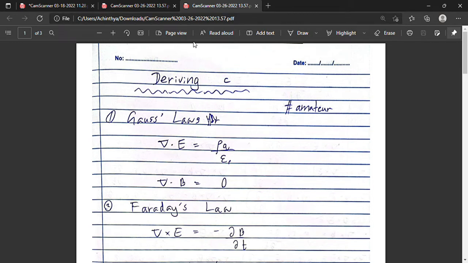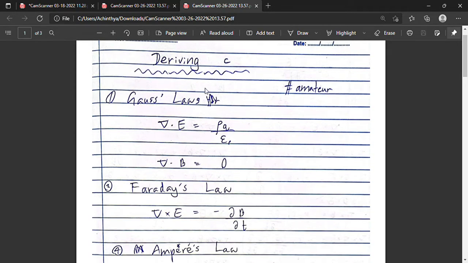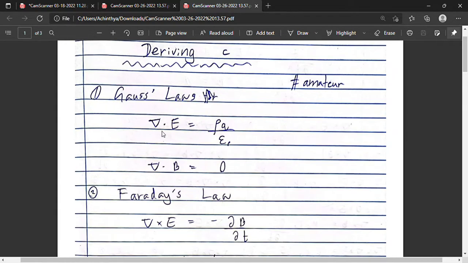Today we are going to derive the velocity of light using Maxwell's equations and the electromagnetic wave equation. First, we are going to look at Maxwell's equations. First, we have Gauss's laws for the electric and magnetic fields, where we have defined the divergence of electric fields